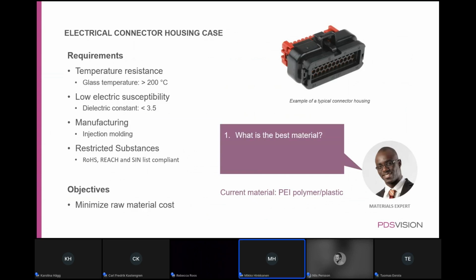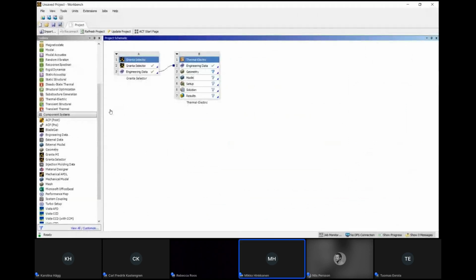And if you know by today that it's polyetherimide as a plastic, the question is what is the best possible material for this kind of use case? What kind of performance can I get from it, and do I get any cost benefits for it? So if we look at the small video, which I believe comes next, we will see in here